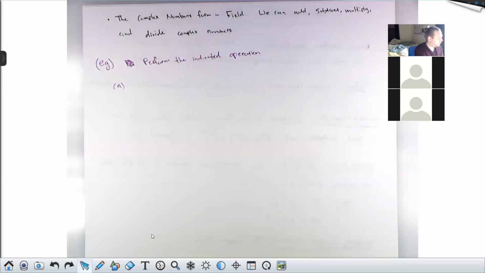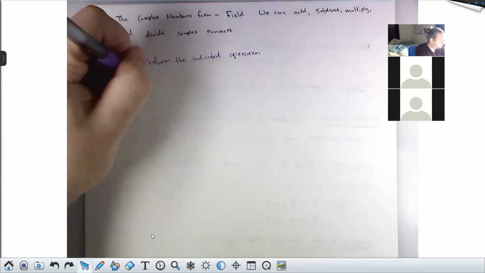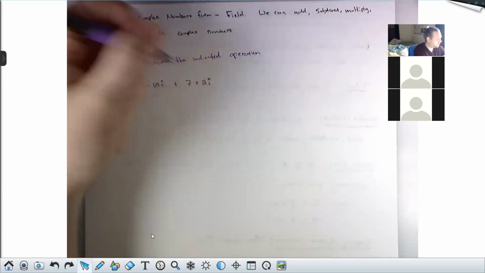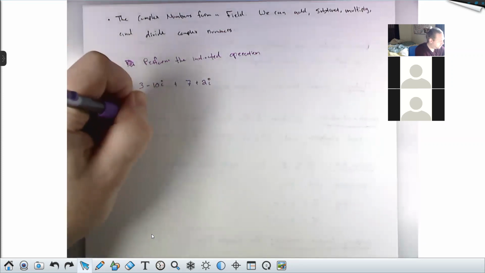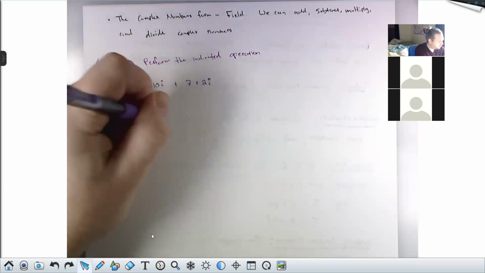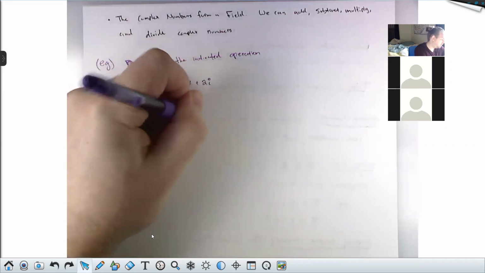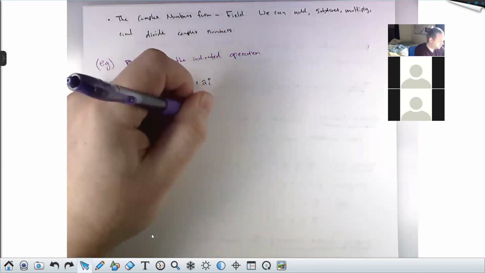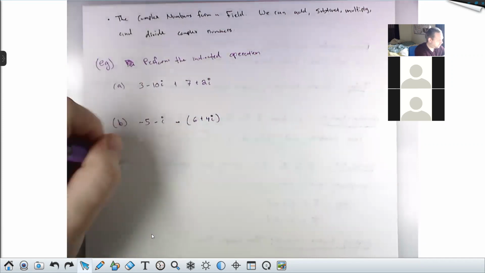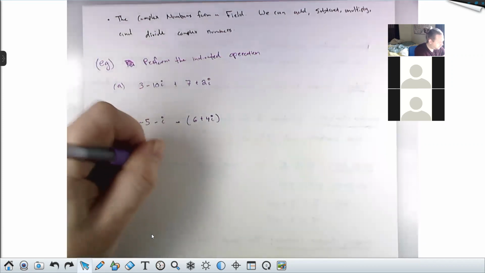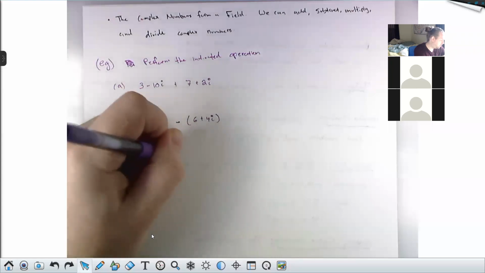We'll do this in several parts. How about 3 minus 10i plus 7 plus 2i, and subtract some complex numbers like (-5 minus i), and this one I'll put in some parentheses, minus (6 plus 4i), and then some multiplication. How about 2 plus i times 3 minus